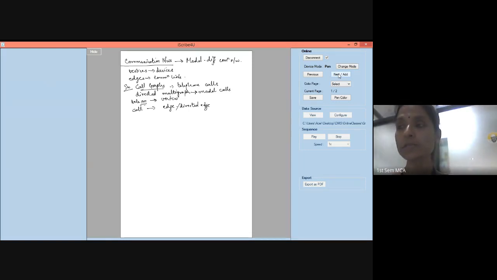The edge representing a call starts at the telephone number from which the call was made and ends at the telephone number to which the call was made. Why do you need directed edges here? We need directed edges because the direction in which the call is made matters a lot. Whether I have called you or you have called me, that matters to us, is it not? That's the reason we make use of directed edges. And multiple directed edges, because we want to represent each call made from a particular telephone number to a second number.